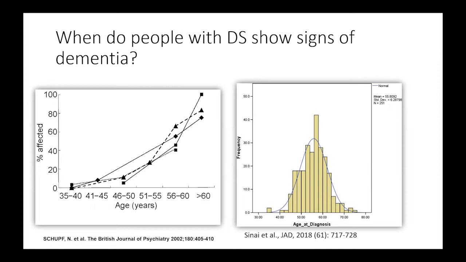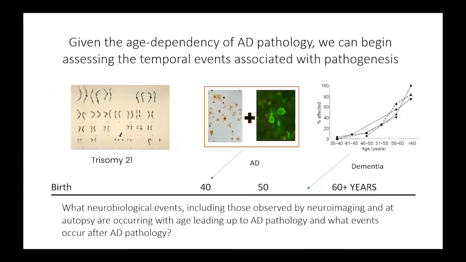Then there's been a couple of studies more recently by Andre Strydom's group and Juan Fortea's group, where they looked at the age of onset of changes and kind of plotted these. And what's striking is Andre Strydom shows in the United Kingdom that around 55 is the median age where we see signs of dementia. In a completely separate cohort, Juan Fortea estimated that number to be 53. And so we're looking at our numbers in our longitudinal cohort, but our impression is it's around that same age. So that is incredibly powerful when you think about clinical trials.